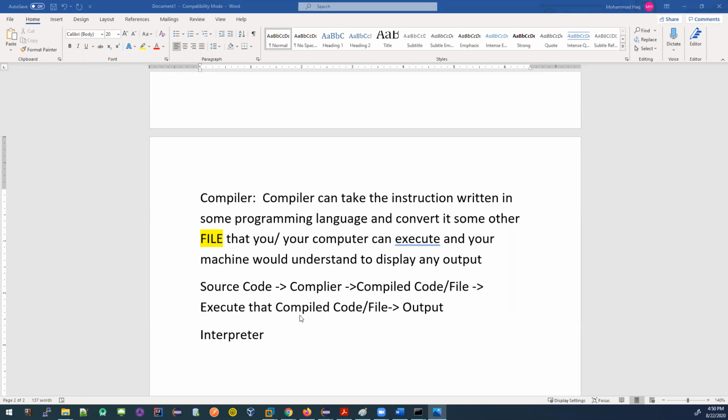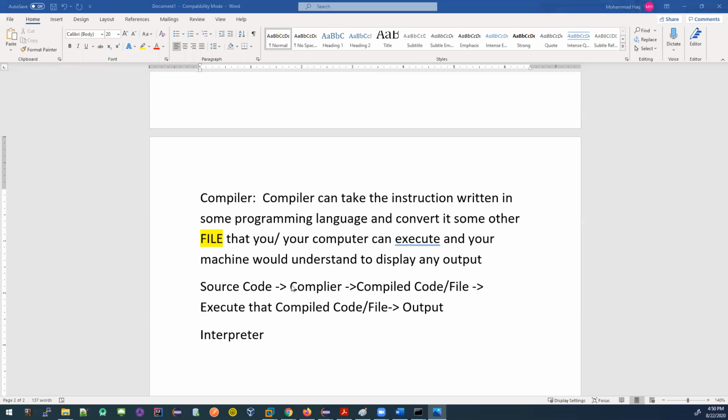So a compiler is a kind of interpreter, but a compiler has its own way of interpreting, right? So if I think of Lisa as a compiler, and I am the source code, and Emily is a machine, I'm just giving an example.